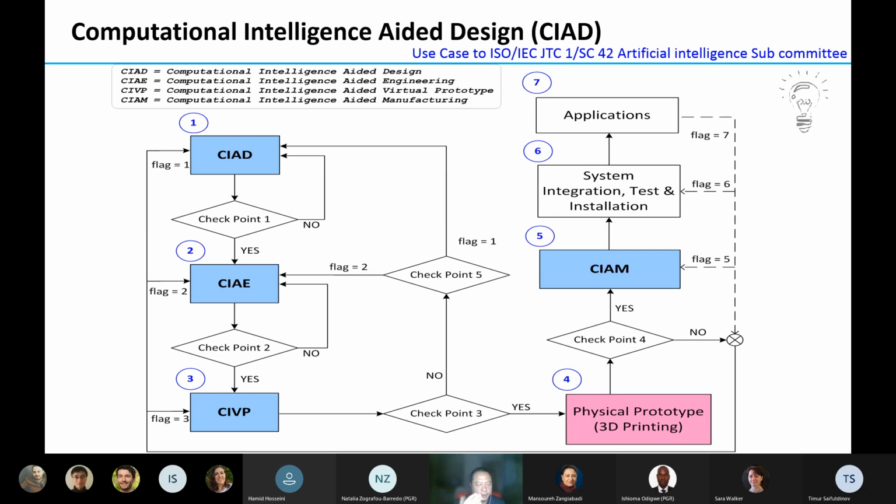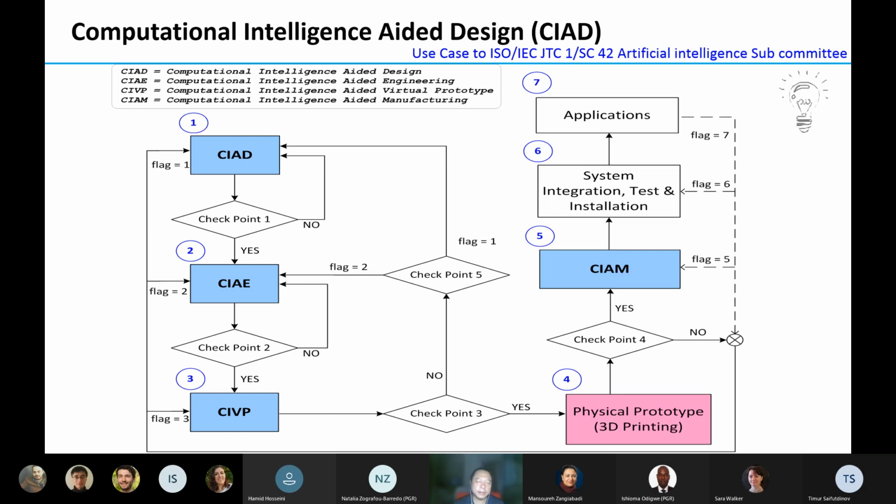Basically, it's CIAD, short for Computational Intelligence Aided Design. Everyone knows CAD, right? That's computer aided design. Here, we try to embed AI as a tool.